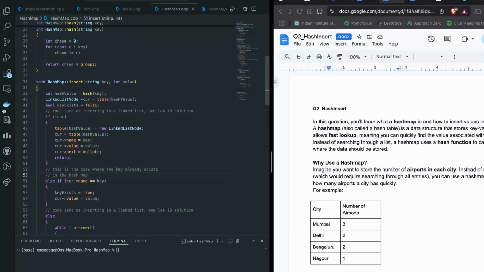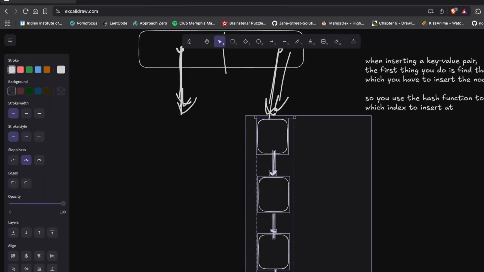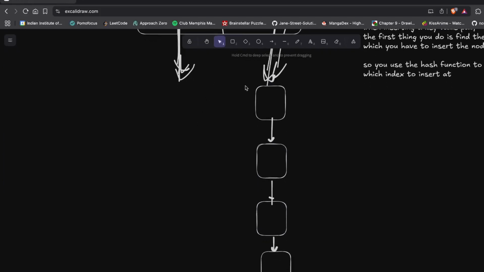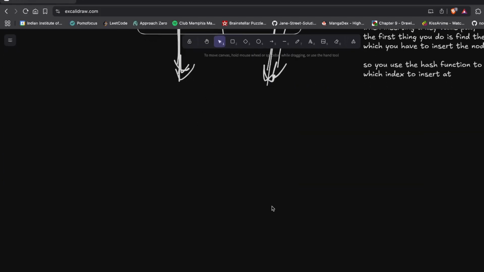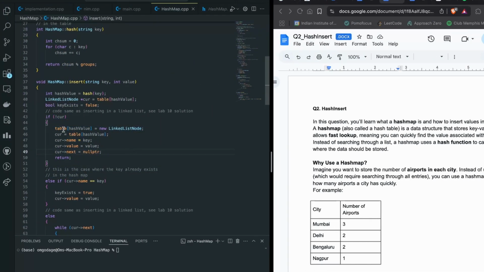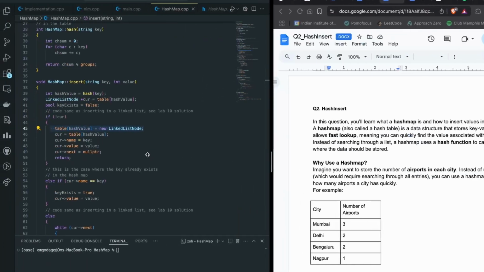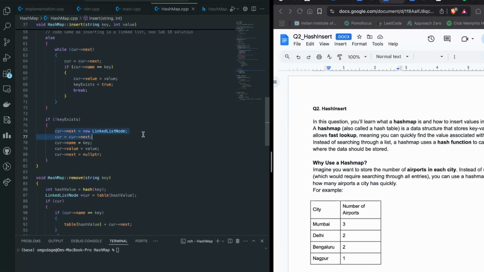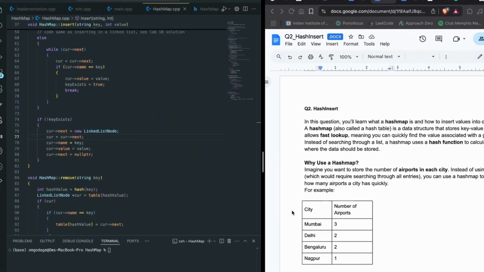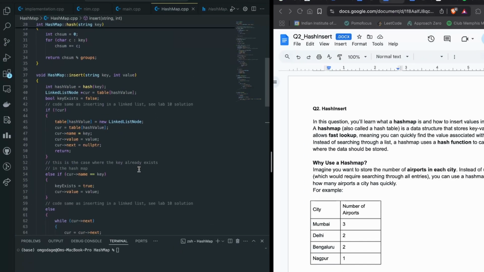This is the case where there is no element from the start, so there is nothing stored in the linked list, everything is empty. In that case you will have to create a new node at this position. So that's why I've done table hash value equals new linked list node. Otherwise you can always do cur next equals new linked list node. Okay, and then this is the case where the key already exists, so you've already added Mumbai into your hash table,